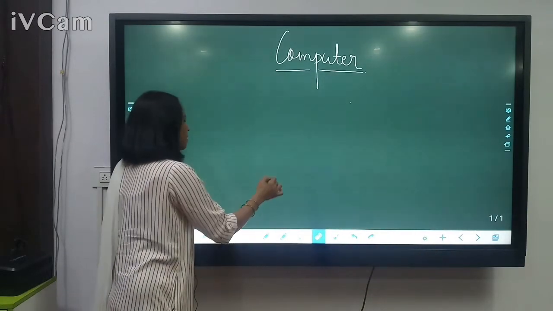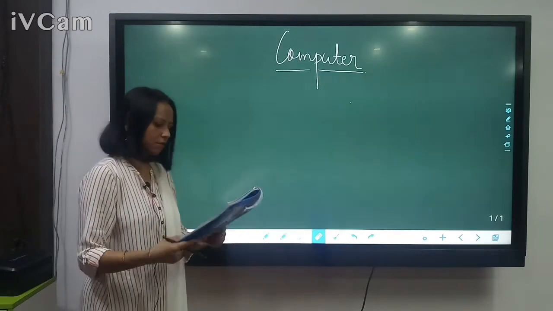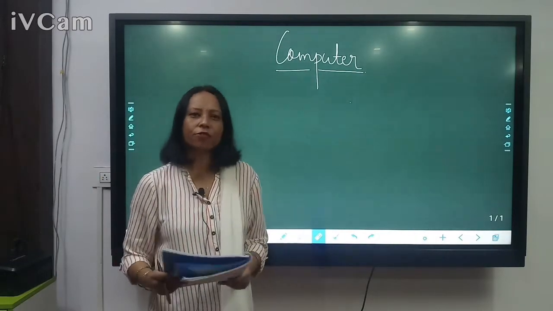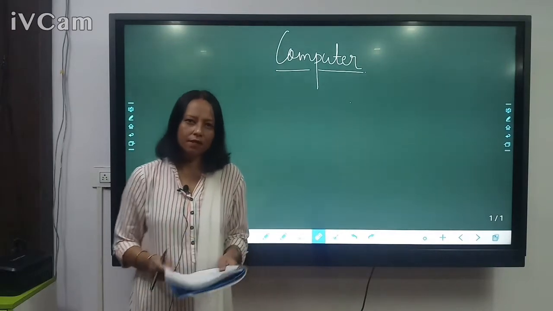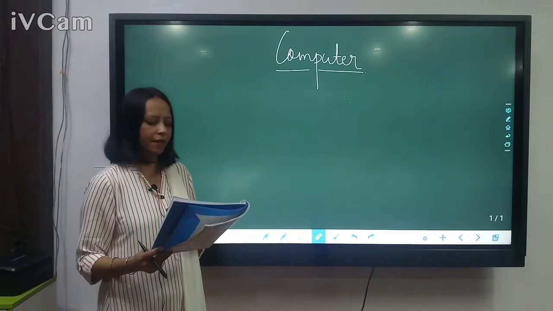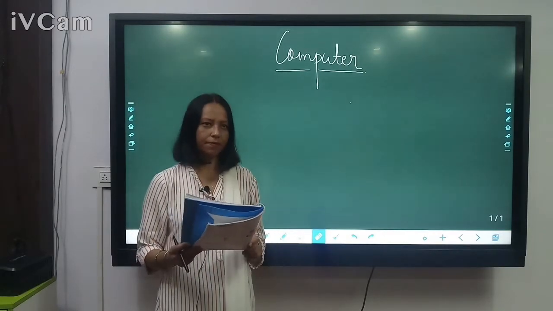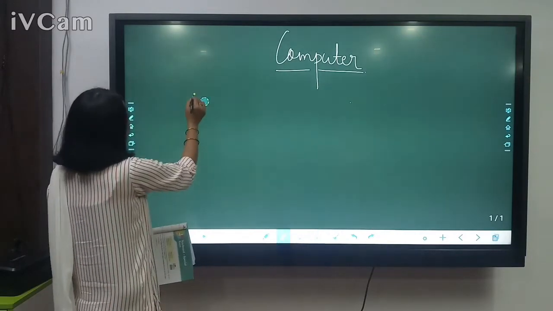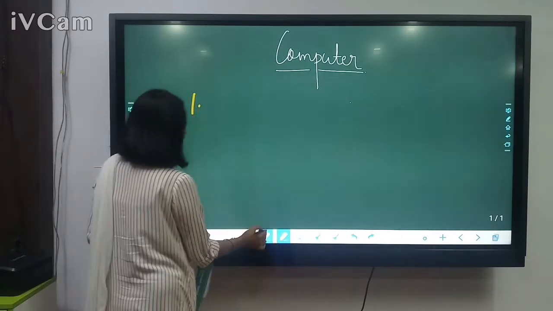Okay, so now children, according to your book, what can we do by using this keyboard? We can type words, enter numbers. I'll write in the points.